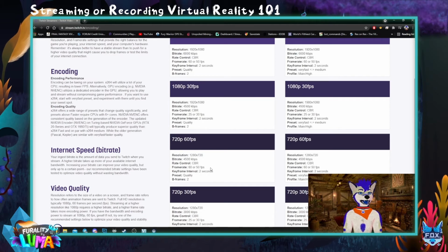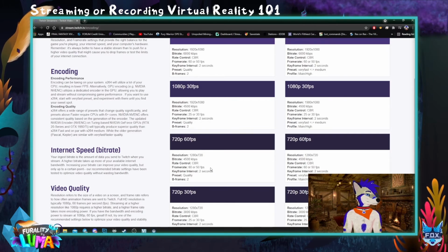What a lot of people do, because a lot of the stuff that I'm talking about is if you're recording off of a single computer. What some other people do, if they can afford it,